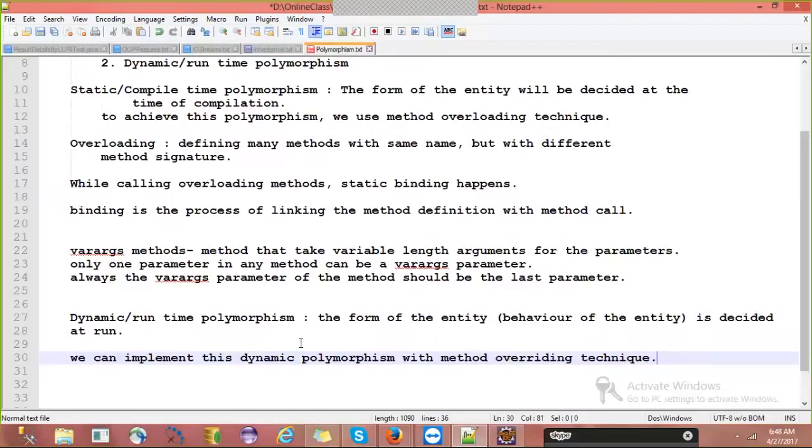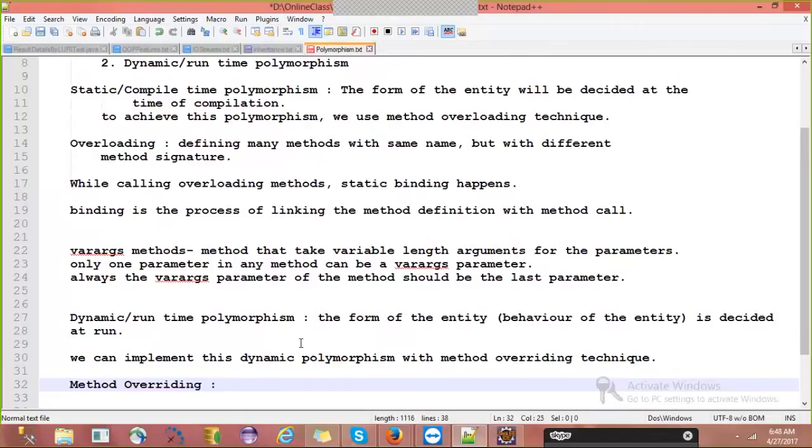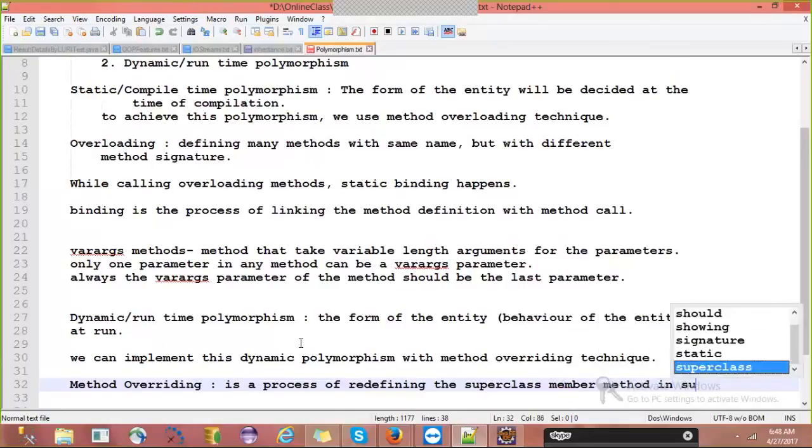So what is method overriding? As a definition, we can define method overriding like this: method overriding is a process of redefining the superclass member method in subclass.